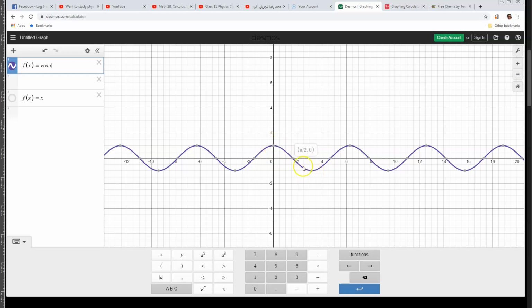You can restrict to 0 to pi, or you can go 0 to pi by 2, or pi by 2 to pi. In all of these intervals, the function is 1, 1. You can go from pi to 3 pi by 2, or from 3 pi by 2 to 2 pi. It doesn't matter what you do, but you cannot, for example, choose -pi by 2 to pi by 2, because